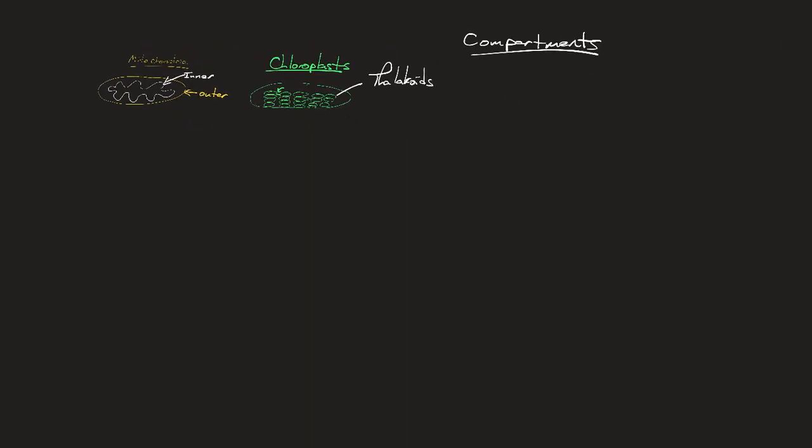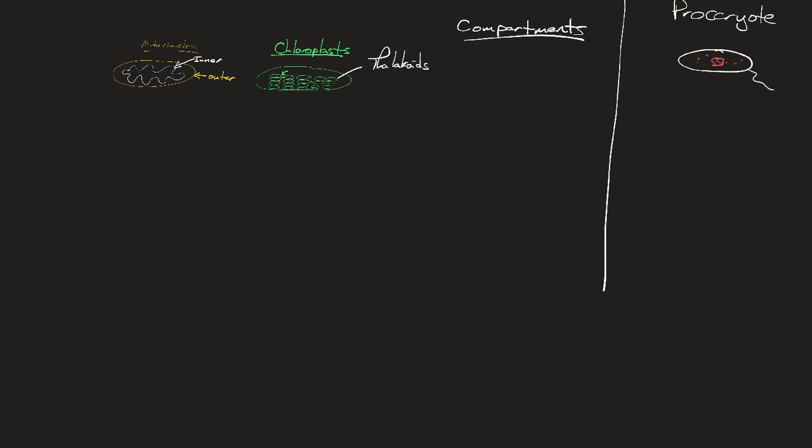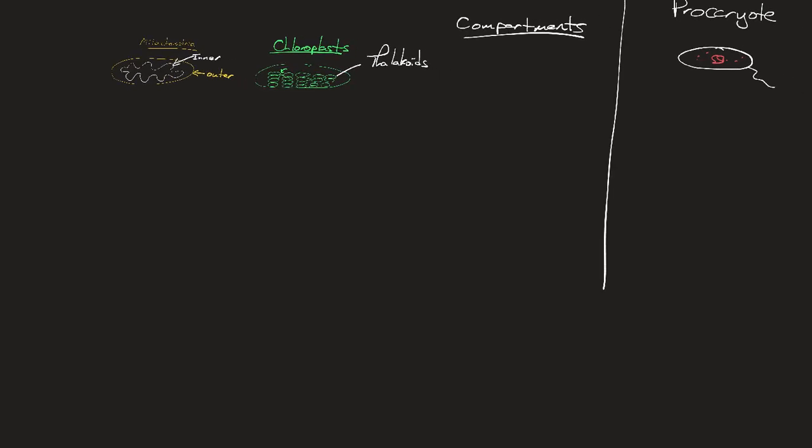I just want to point out that in a prokaryote, there's only one compartment, only one room to this house. A prokaryote only has one room. The DNA, everything's right here. No membranes inside a prokaryote. No nucleus, no Golgi body, no endoplasmic reticulum. Mitochondria and chloroplasts, though, they have membranes. In fact, they have two membranes. These are organelles that have two membranes. So these are found in eukaryotes.